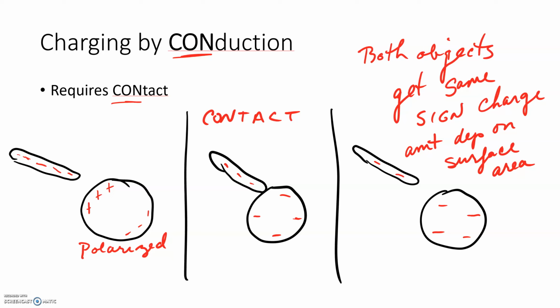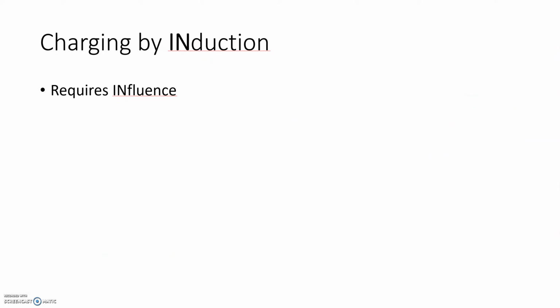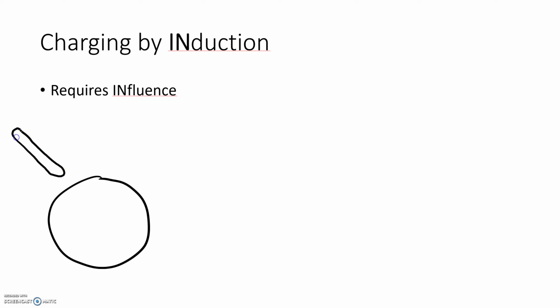Welcome back. So last time we talked about charging by conduction, which requires contact and leaves both objects with charge of the same sign, with the amount dependent on the total surface area. Now we're going to talk about charging by induction, which is by influence. So I'm going to start out with a diagram that looks very much the same. We're going to start out with a sphere that is uncharged and a rod that is not touching but close